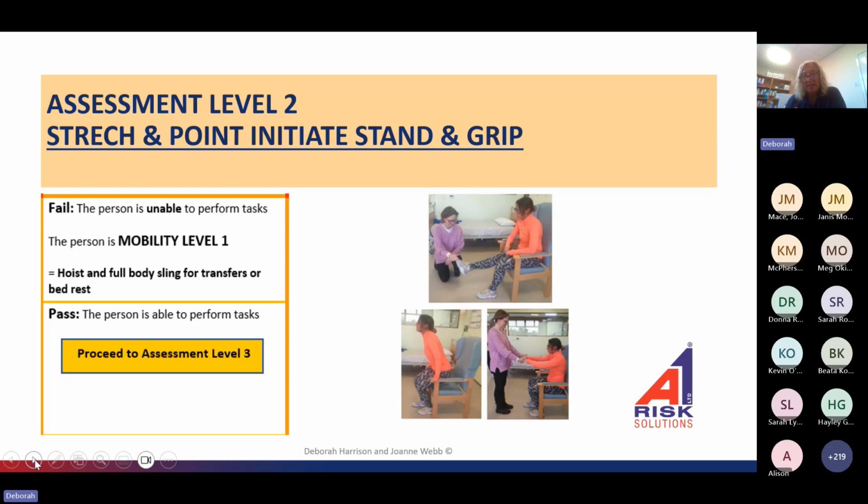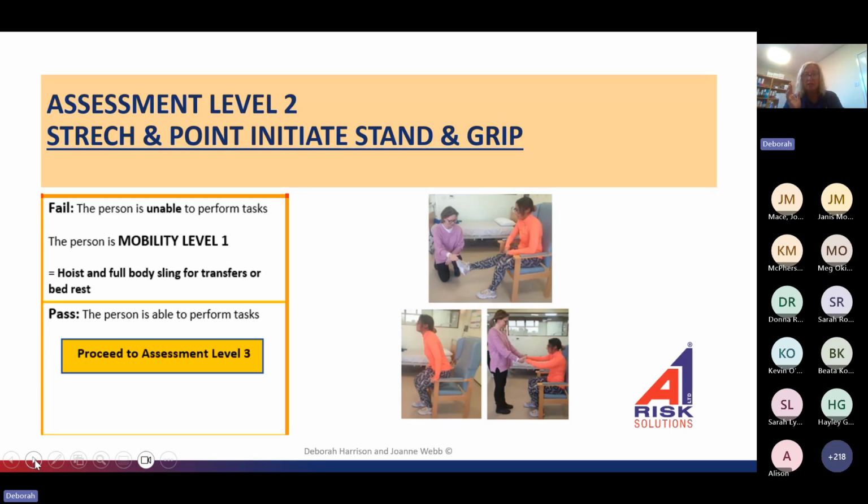The next thing is actually holding on. So I know there is an equipment supplier out there who says you don't need to hold on to our standing hoist. But if we all just think about this, if you don't hold on to something and you relax your shoulder girdle, so I'd like everybody to do that now. Just relax your shoulders and sit down with your hands on your lap. Okay, your shoulder girdle is very narrow now and relaxed. Now, hold your hands out like you're holding on to a standing hoist. Your shoulder girdle has now broadened.